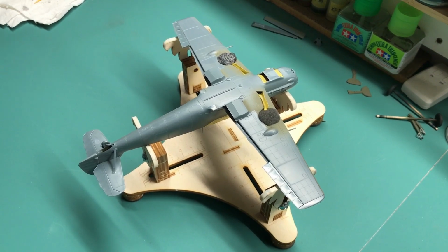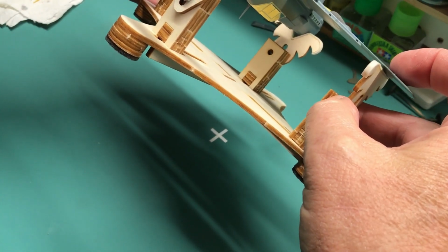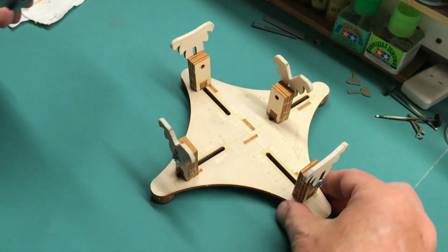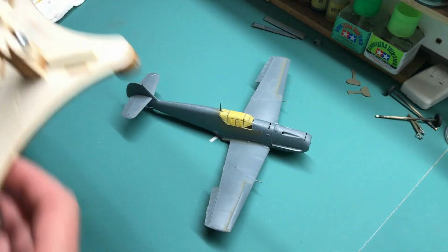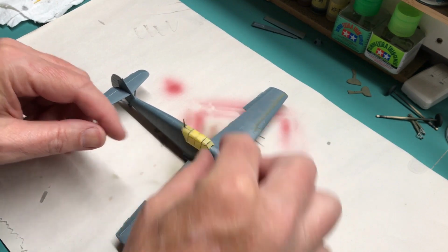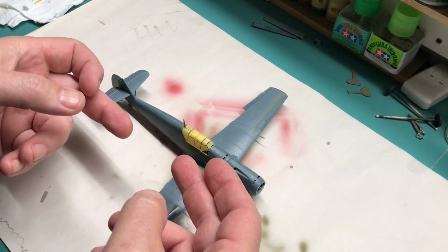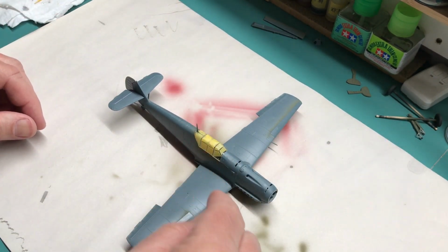So the first thing I need to do, though, before I... I did glue the antenna on, so hopefully I can keep that from breaking off. But the first thing I need to do is I need to actually paint RLM2 around the cockpit area, because whenever I take this canopy off, I want the RLM2, which is the interior color. Actually, the RLM2 is the color that shows inside and out. But I am going to spray it with the RLM2